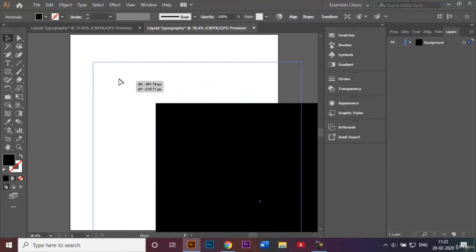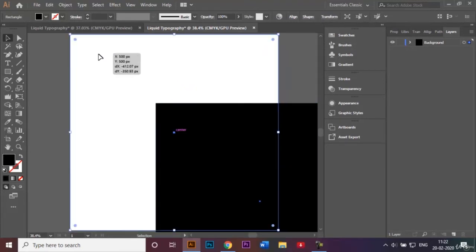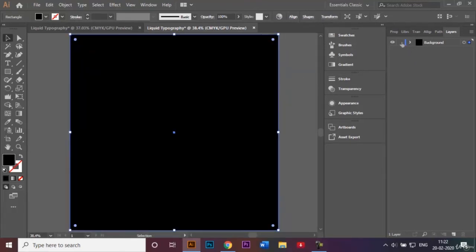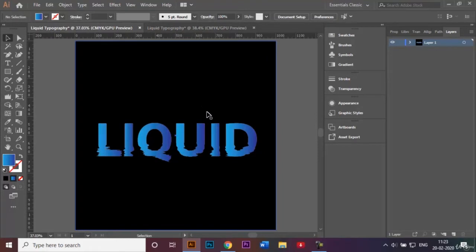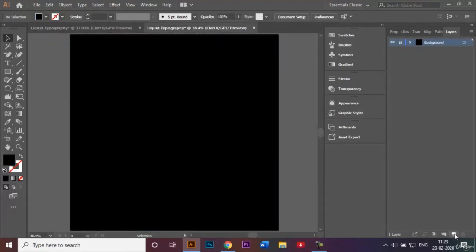And I'll just drag this box over here to my document like that and go ahead and lock my layer as well. The reason why I'm locking my layer is because when I make this liquid type effect in a certain word, the background does not get edited or I do not accidentally delete it while creating this typography. So I'll go ahead and create a new layer, and in this layer 2 I'll rename this to